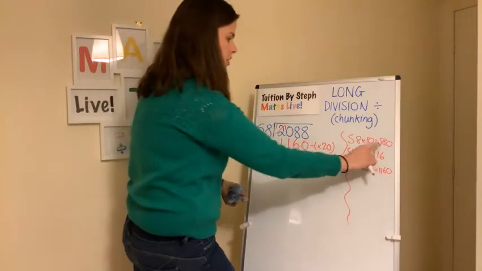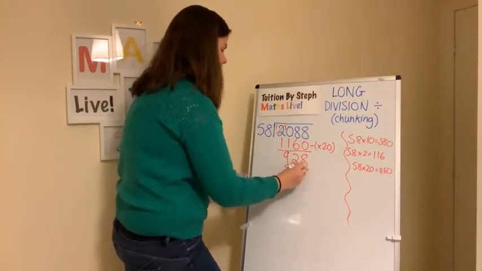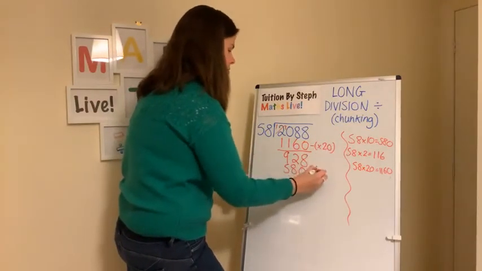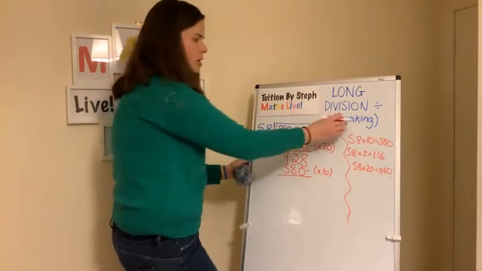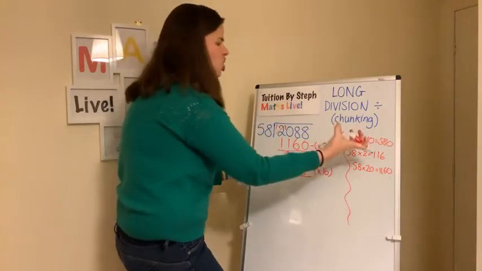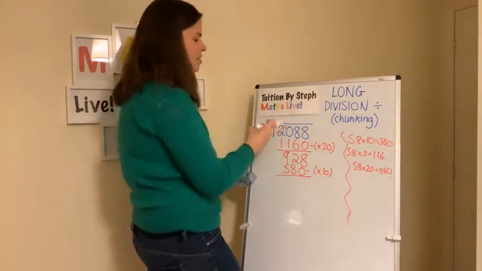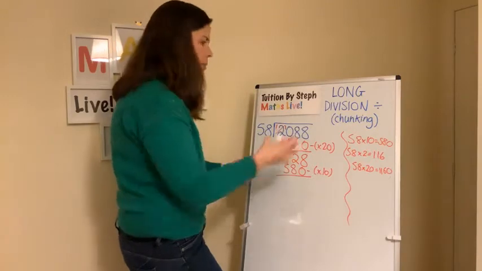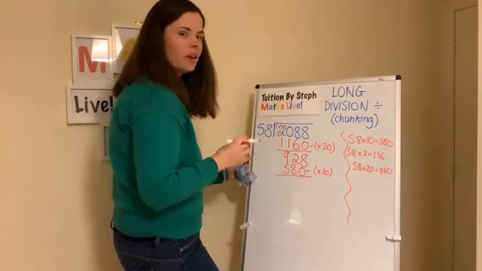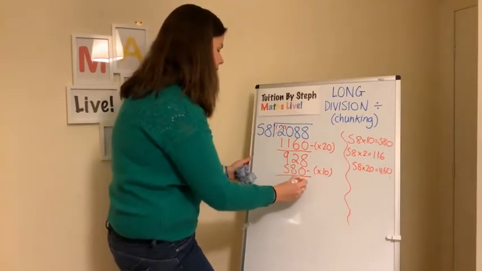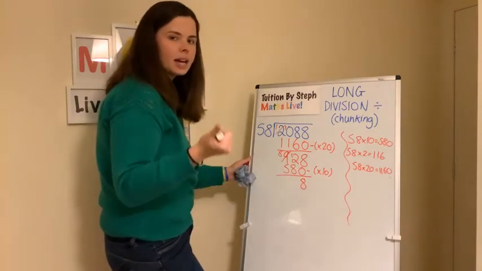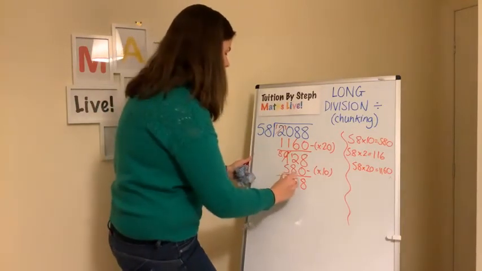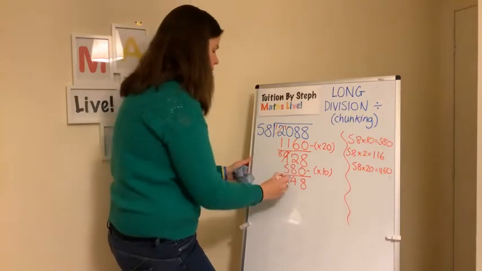Right. 580. That's 10 lots of 58. Okay? Because that's why it's called chunky. Can you see I'm getting big chunks of 58, and taking it away and pulling those chunks out of our number. So this is 8. 2 take away 8 you can't do. So 8, 9, 10, 11, 12. So 12 take away 8 is 4. 8 take away 5 is 3.